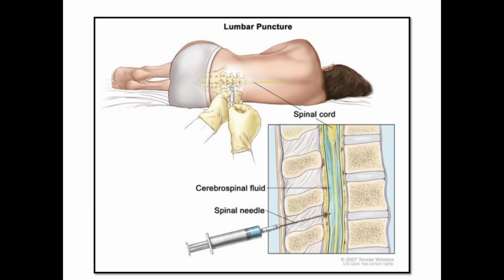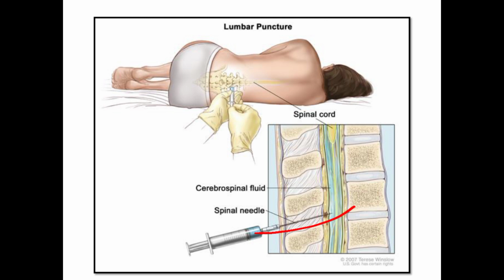Okay, next, the applied importance of it, called lumbar puncture. The lumbar puncture is usually performed at a level below the level of the L1 vertebra. Why? Because the spinal cord ends at the lower border of the L1 vertebra. So what do we mean by lumbar puncture? It is a procedure in which the spinal cistern is approached for aspiration of cerebrospinal fluid. You can see the needle passing through it.